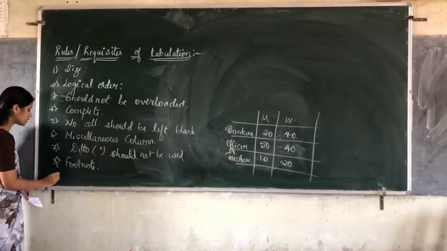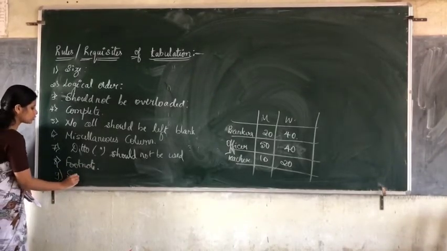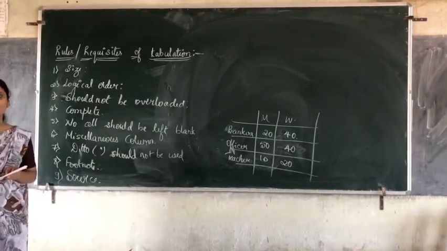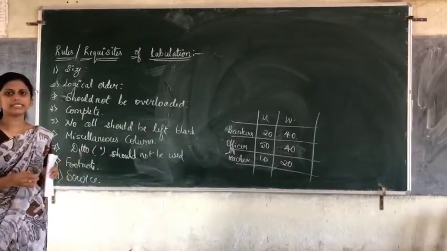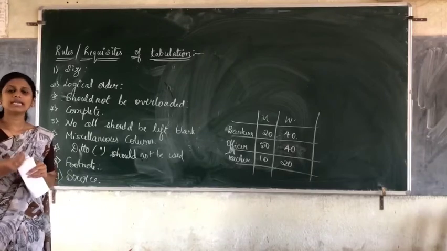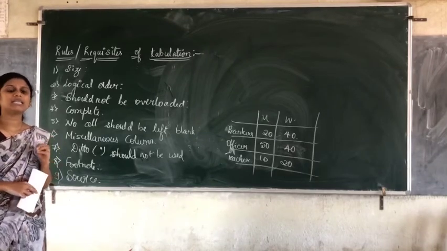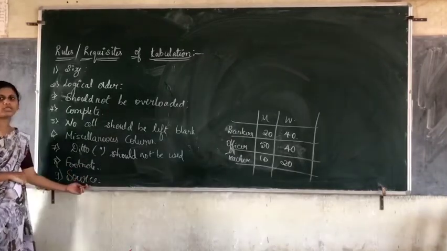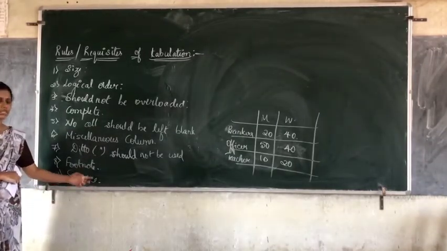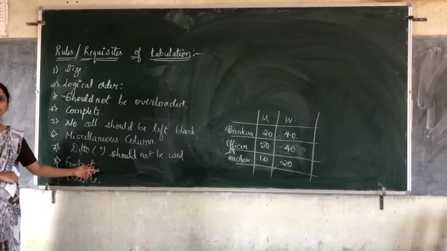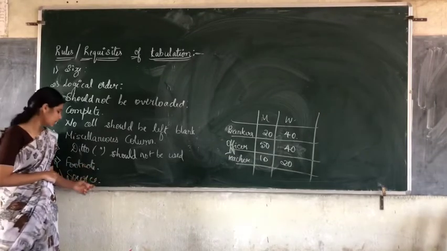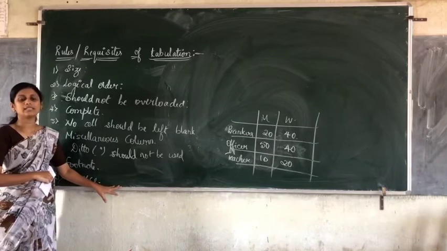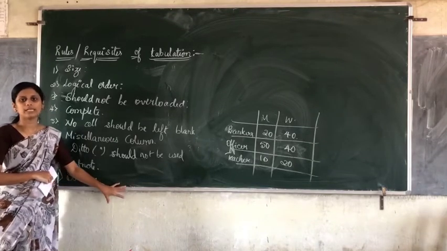Next, lastly, source. This is also a part of the table where you write from which source you have obtained the data presented in the table, from where you have collected that data. For easy reference for the reader, you can write the source below the table, after the footnote. In footnotes, you write the remarks, abbreviations or omissions and additions, whereas in source, you write from where you have collected or obtained that data.